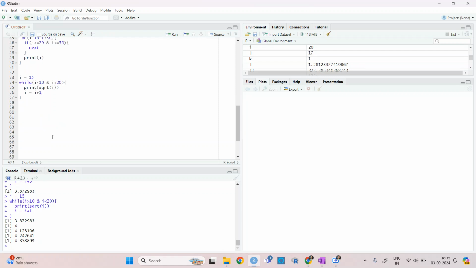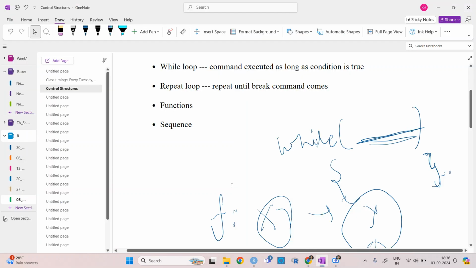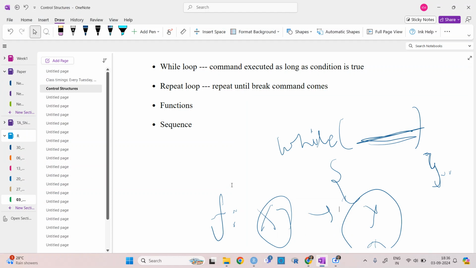This was for loop, nested for loop, while loop, and next we will go through this repeat loop. So repeat loop is very simple. What happens is that it will repeat the command until you give the break command, but it can create a problem.